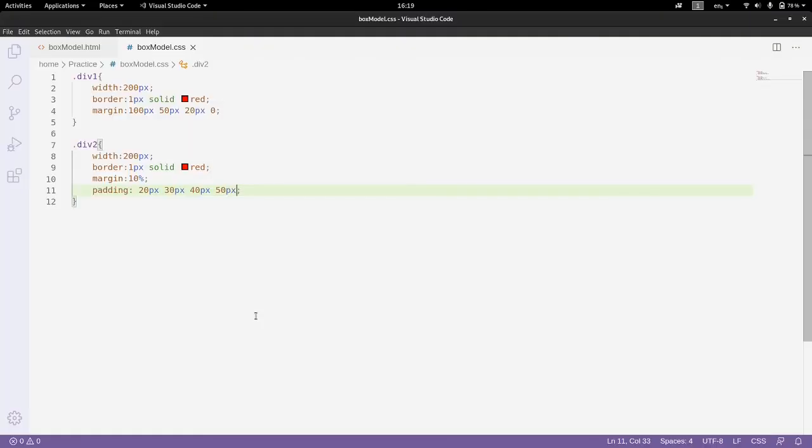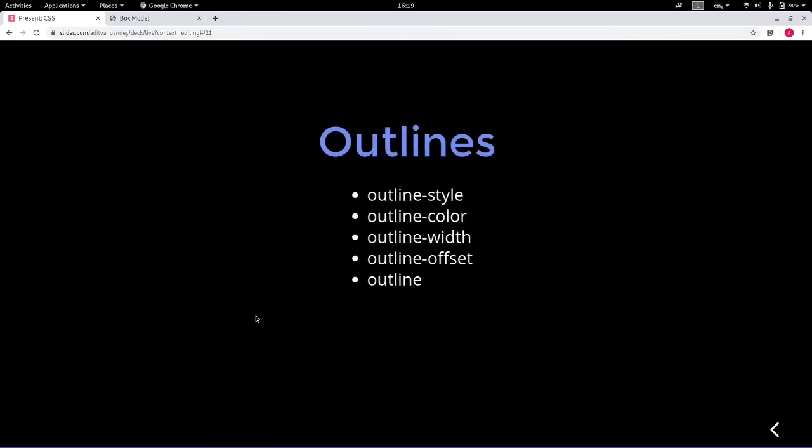Next thing that we will be looking at is the CSS outline property. Outline is just like the border property. It lets you draw an extra border around an element to get visual attention. So you might be thinking, what is the difference between outline and border? The difference is that it is not possible to apply a different width, style and color for the four sides of an element with the outline property, while in border we can apply the provided value for all four sides of an element.